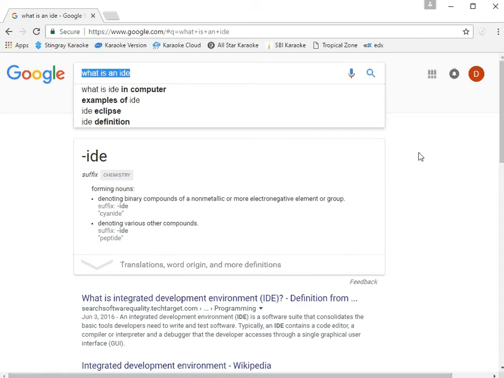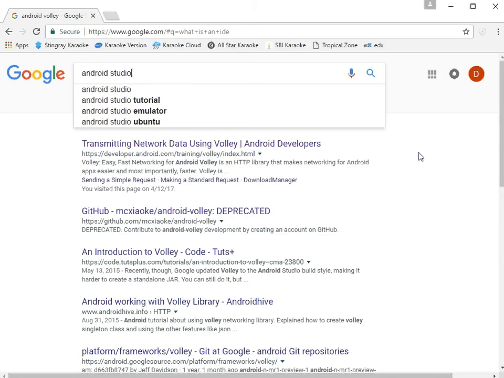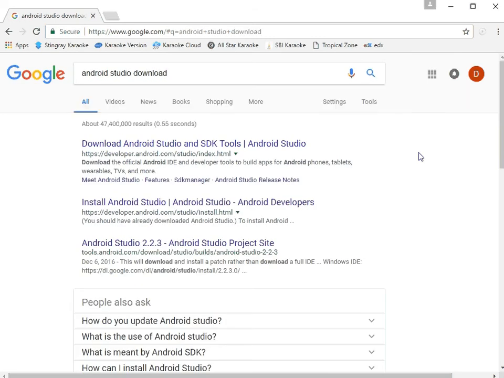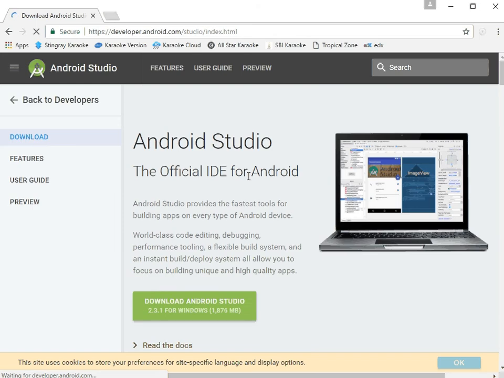getting our Android Studio, since that's going to be our IDE that we're going to work in for creating our development. So, and download. So if you type in Android Studio download, just like I did there, I believe you could get to it from the first one here. We'll check it out, but yeah, one of the first couple ones in here, you should come up. All right, there you go, and you got download Android Studio